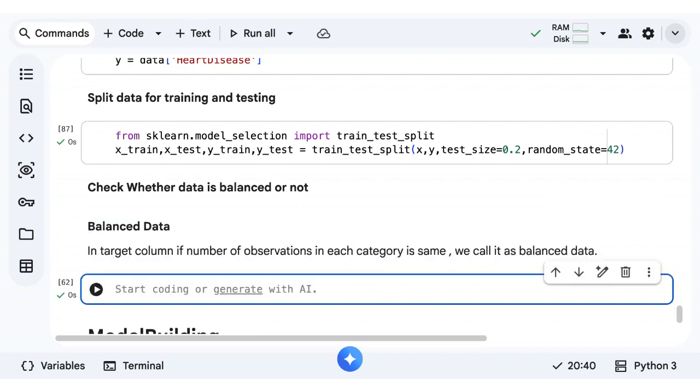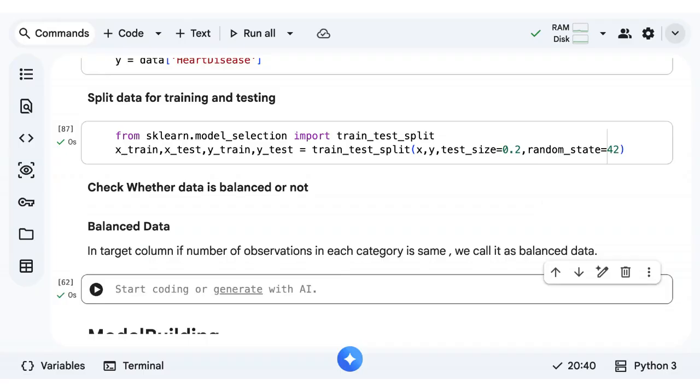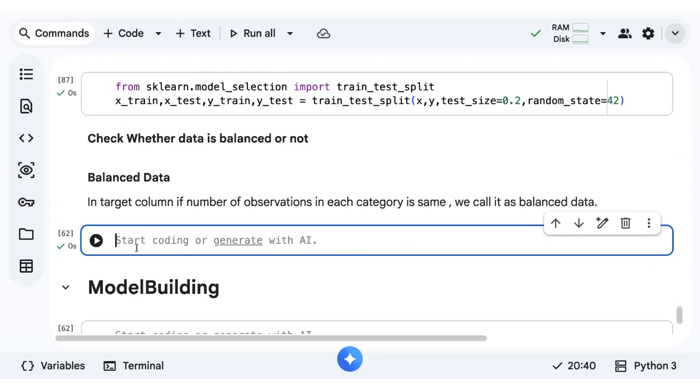This concept comes only in classification. In our case, the target column is basically heart attack risk, right? If the number of observations in each category is the same, we call it balanced data. Else, it's imbalanced.